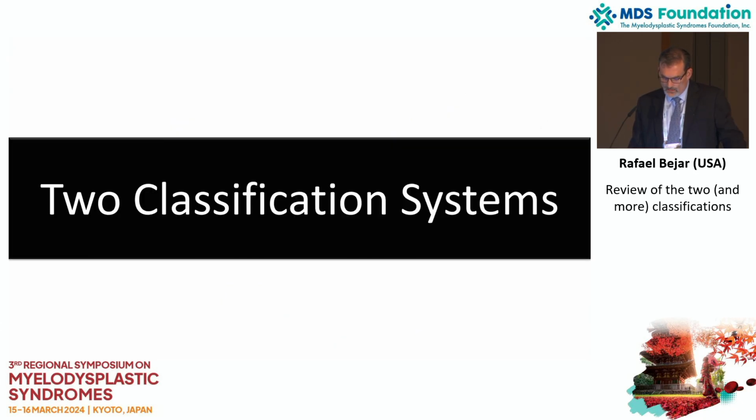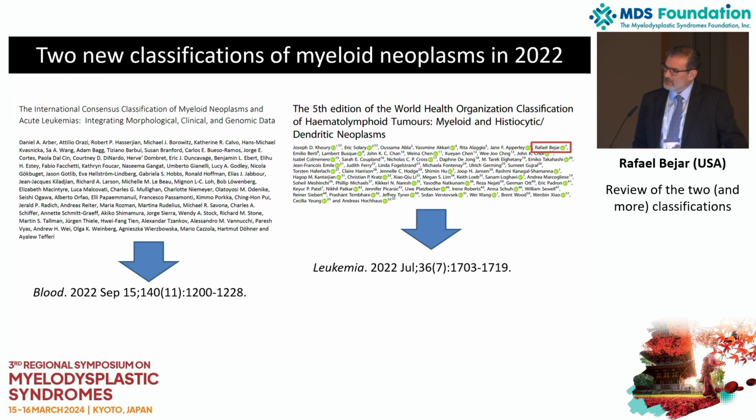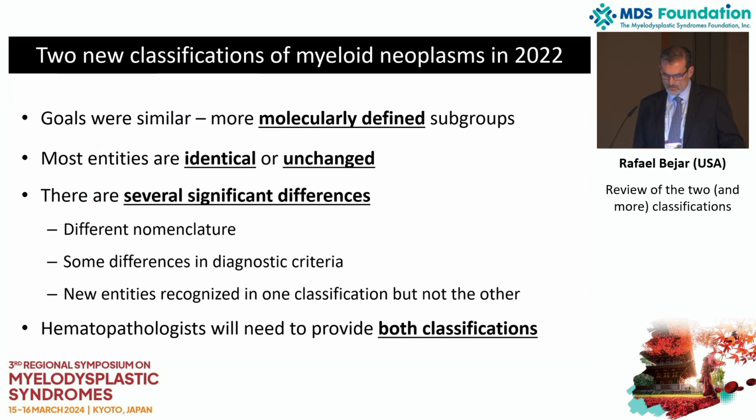Now, what do we have with the two classification systems? I'm not entirely sure of what led us to this point. We know that the two groups of people that helped design these things were largely not overlapping. They were mutually exclusive, and as you mentioned, I was on the WHO committee. I had the privilege of seeing it from that side. And I think despite the fact that these groups worked largely in isolation, it's relatively surprising to see how much similarity there are between the two classification systems.